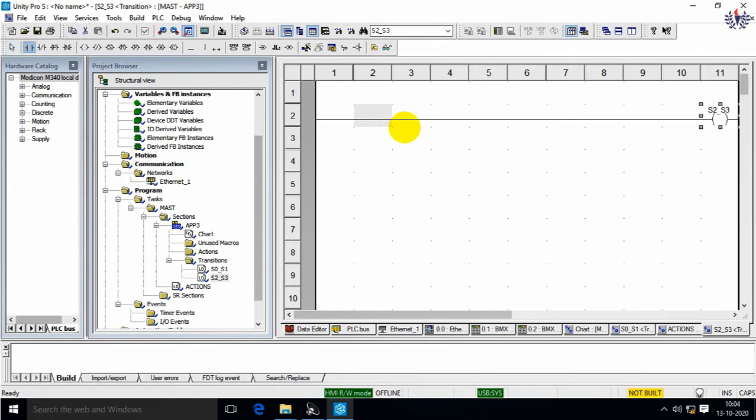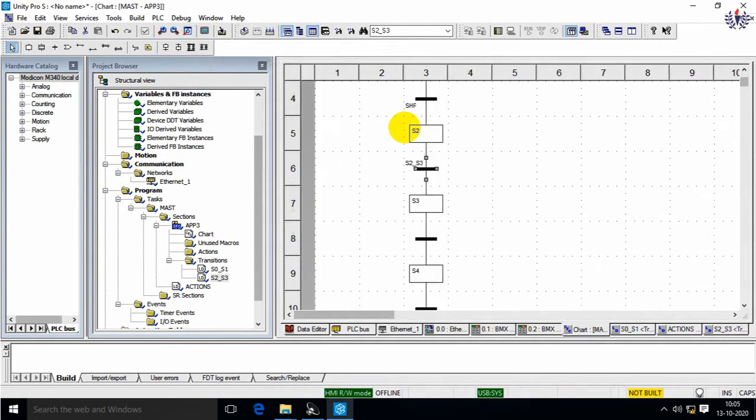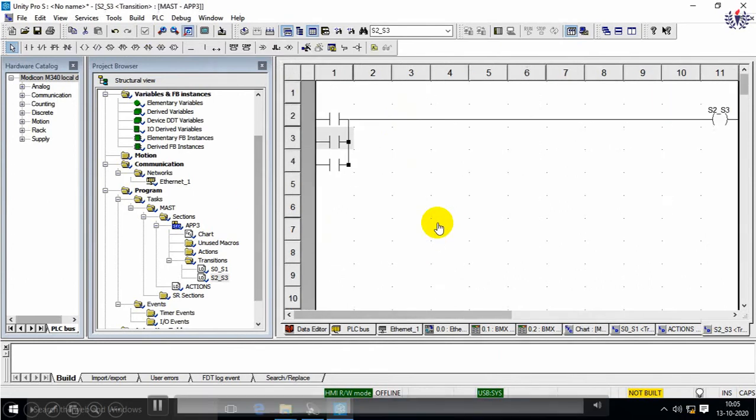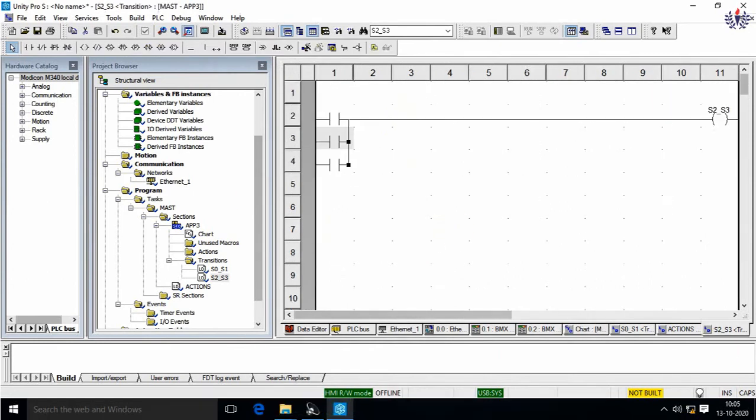So I am going to insert 3 inputs in parallel. Okay, and I am going to connect it in parallel. It's done. Okay, so why am I going for transition? Because in this chart, after the step 2, the process will be repeated many times, maybe 3 times or according to the slots. Here I am going to use 3 slots. So slot 2, slot 3, slot 4, it is going to repeat. So that's why I am going to use this parallel application.